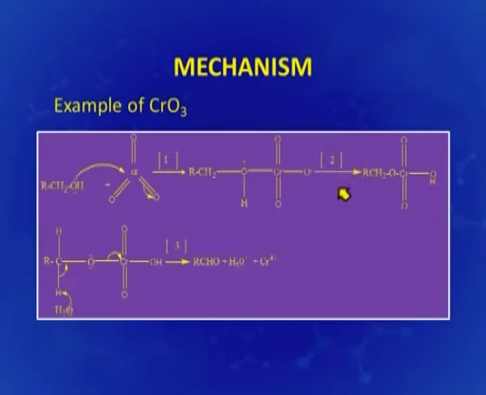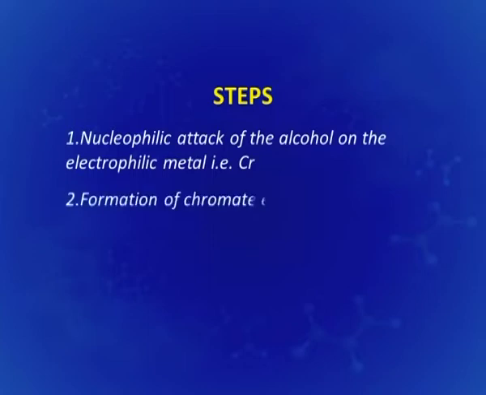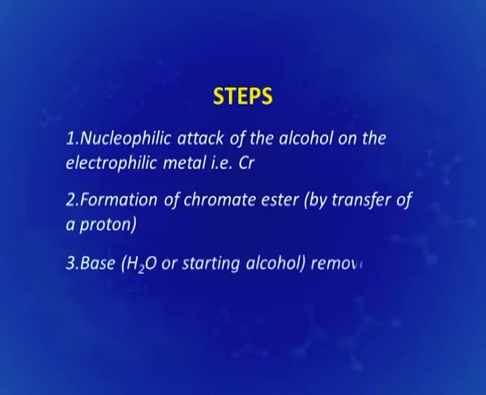This chromate ester finally loses a proton here, with the formation of the aldehyde. So, these are the steps: the first is the nucleophilic attack of the alcohol on the electrophilic metal, that is the chromium; the second is the formation of the chromate ester by transfer of a proton; and the third one is a base, either water or the starting alcohol, which acts as a base and removes a